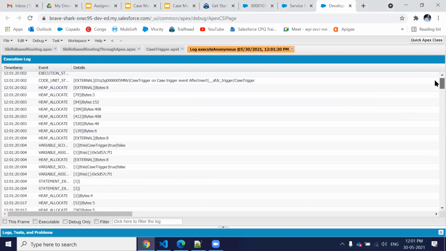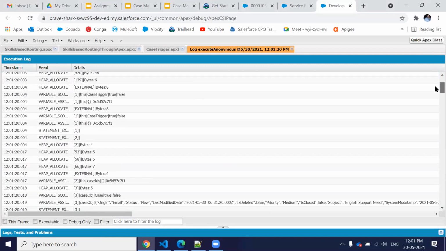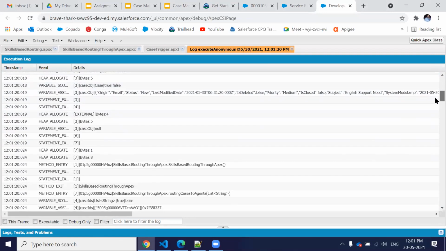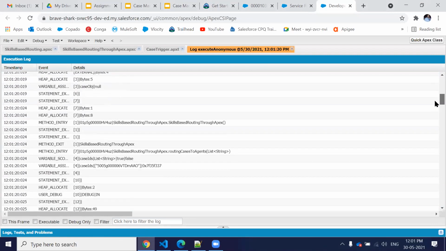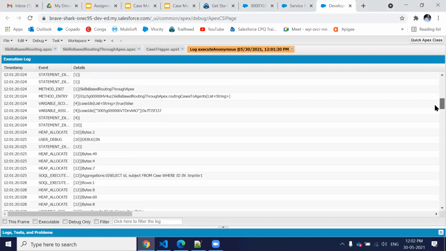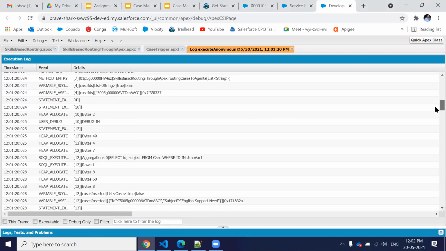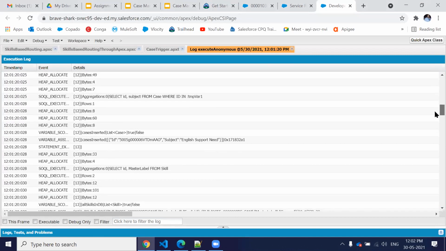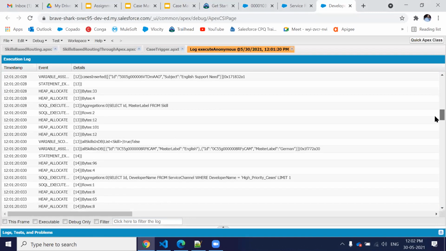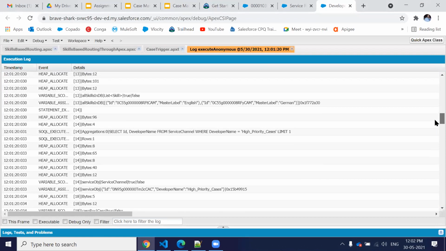I'm assuming you all know how to use the developer console and debug log. We are getting this case record inside our trigger caseObj, and then we query through the skill-based routing, which is our class, and through the Apex the list having the case IDs, and then we get the case inserted. Then we have all skill IDs.